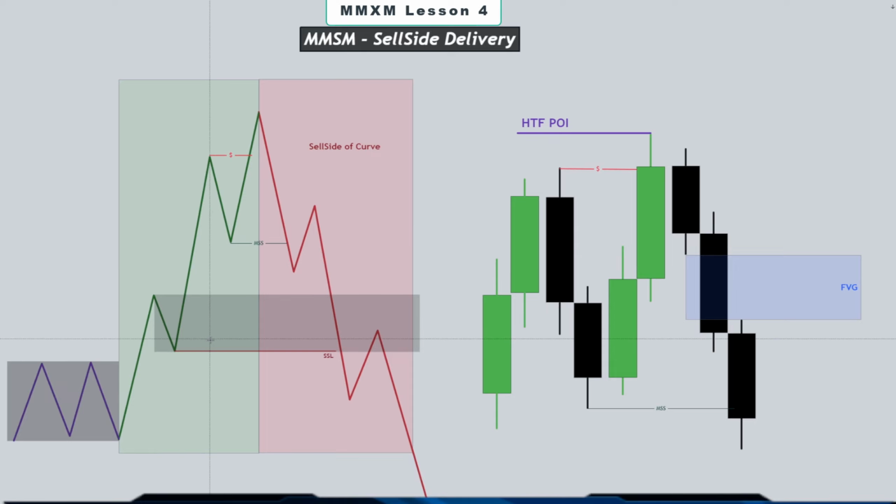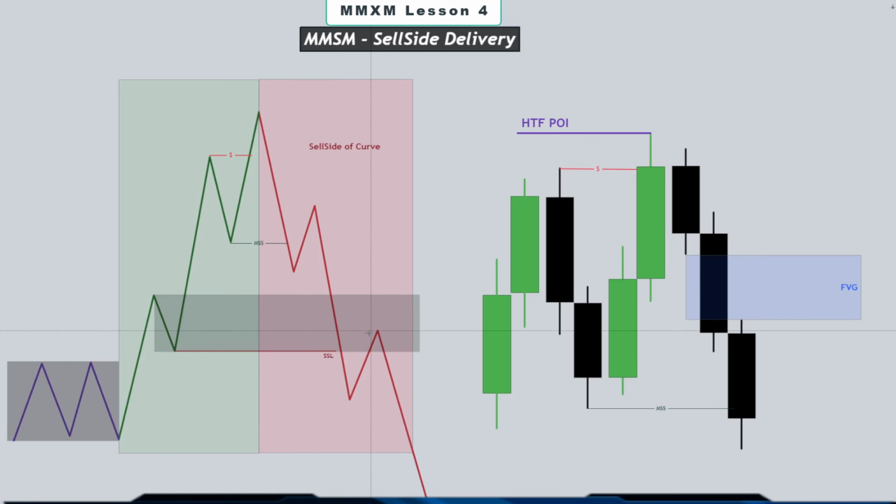phase. Once we run below the sell side liquidity of the first stage of accumulation, price will then retrace or return into a fair value gap inside of a distribution block, where it will either rebalance some imbalance for a continuation lower on a market maker sell model, or it will grab some short-term liquidities that we also know as the inducement. It will grab some short-term liquidity, run into those buy stops, and then it will deliver the second